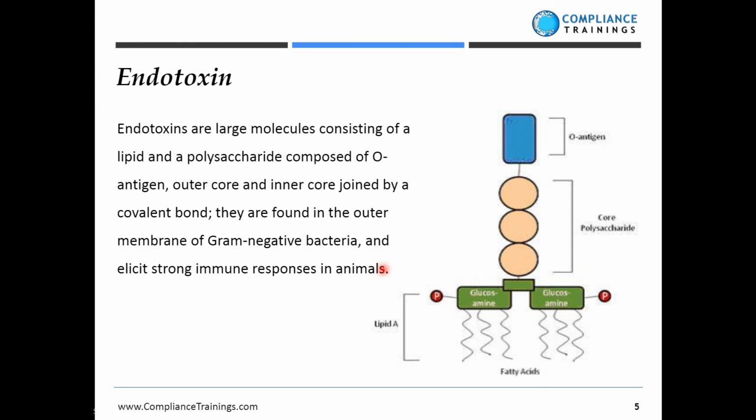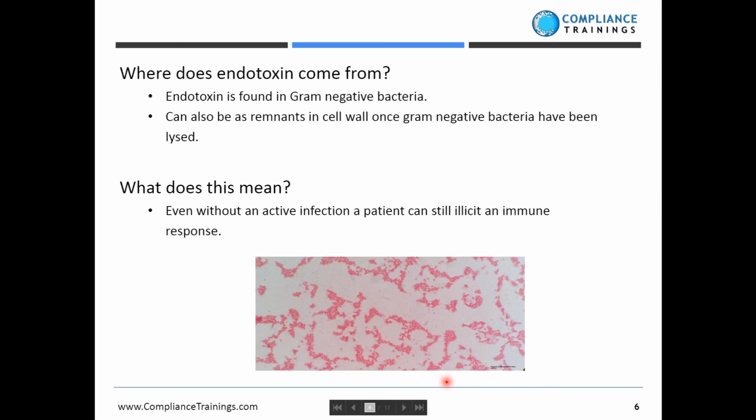And the purpose of this whole endotoxin chain here is that it elicits a strong immune response in animals. Okay. And what I mean by a strong immune response is it usually produces a fever, flu-like symptoms, stuff like that. Okay. What